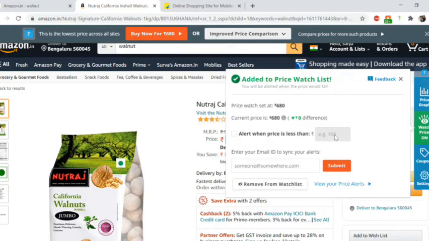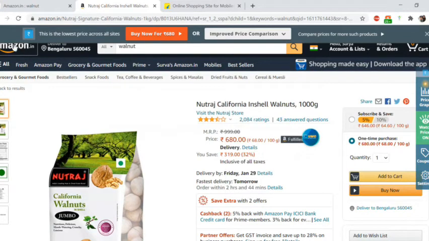That is, if you want a particular product's notification to reach when the amount has gone below a particular amount, you need to enter that value over here and save this. Otherwise, if you have not checked this option, for any price change, you will be notified. You can even enter your email ID to receive email alerts. Also, you can see a menu bar on the top.